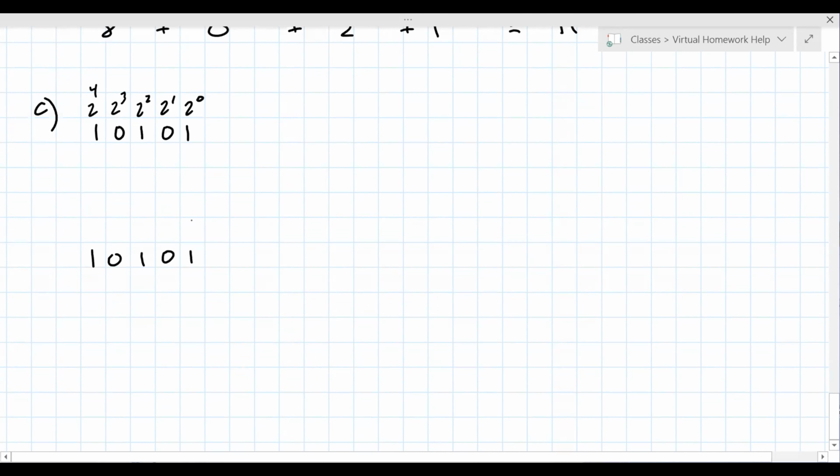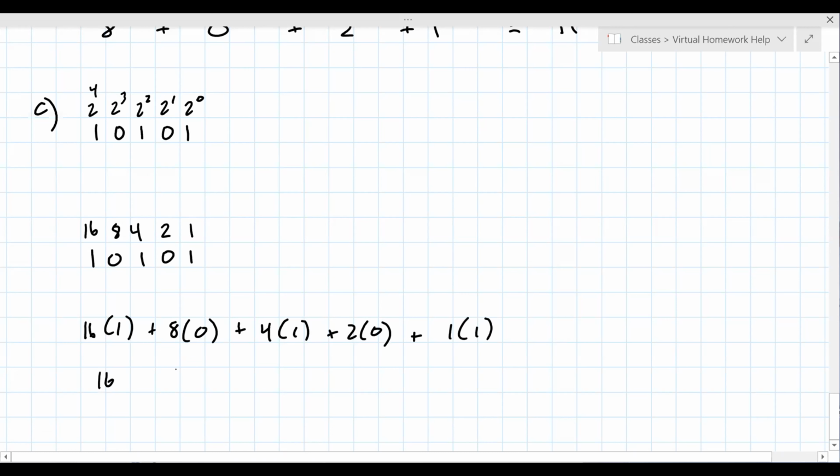This is a little bit more advanced technique. You start with 1, 2, 4, 8, and 16, and that's your multiplier. So it's 16 times 1 plus 8 times 0 plus 4 times 1 plus 2 times 0 plus 1 times 1. 16 plus 0 plus 4 plus 0 plus 1. This is 21